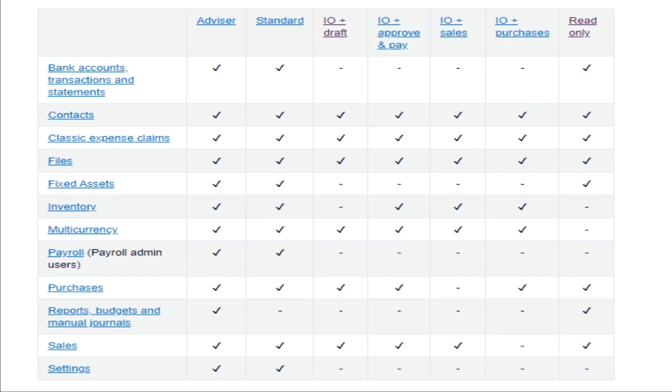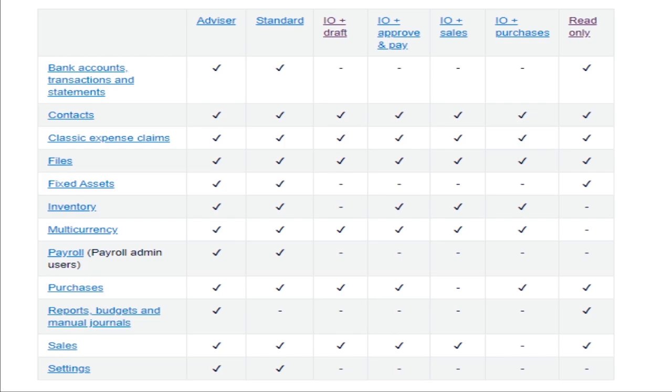And the restrictions for this user role: this user can't drill into payment details on an invoice, edit, adjust, delete, import, or export inventory items, or send a remittance advice from the bank account screen or for a batch payment.